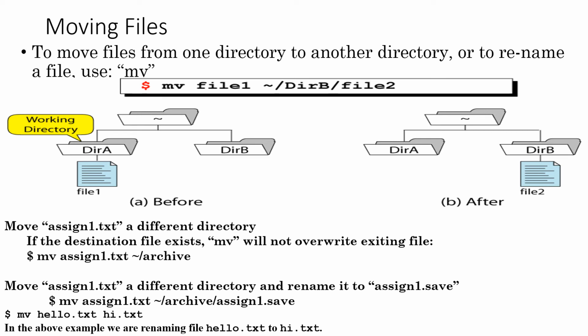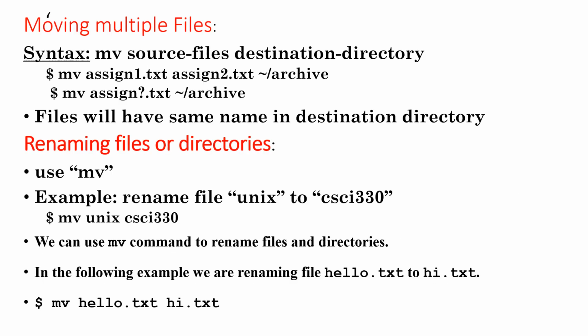One more example, mv hello.txt h1.txt. This example renames the file hello.txt into h1.txt. The mv command is also used for moving multiple files. Syntax for moving multiple files: mv source files, then the destination directory. For example, mv assign1.txt assign2.txt to the directory archives. For that you type the command mv assign1.txt assign2.txt